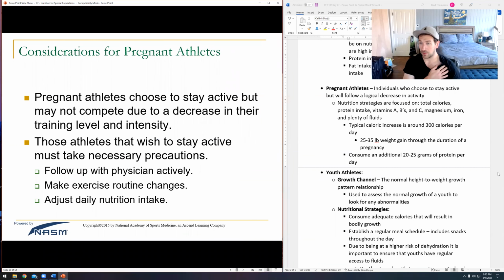So if you end up working with a pregnant athlete, this is somebody who's usually going to stay active, usually up until about the third trimester. And it's really healthy. It's really good. A lot of people get really nervous about clients who are pregnant. It's like, oh, you're going to harm the baby or whatever. There's very little evidence to suggest that you can,